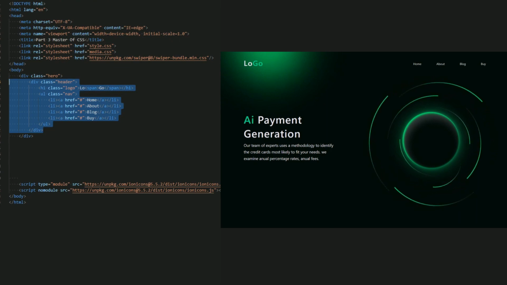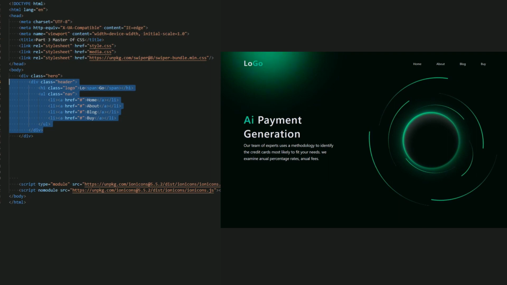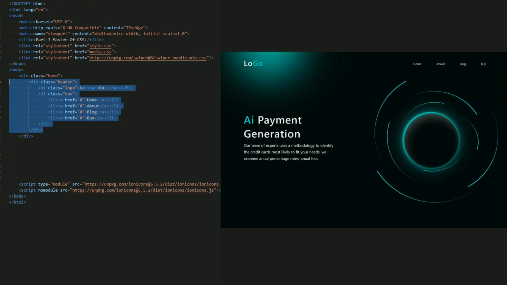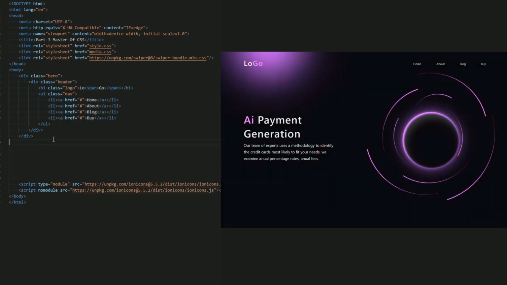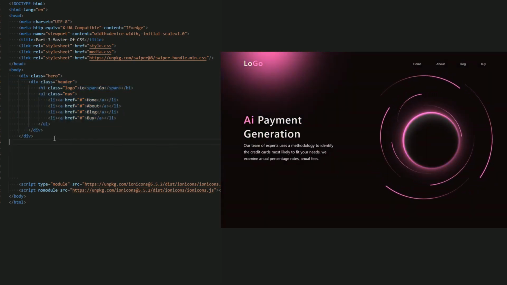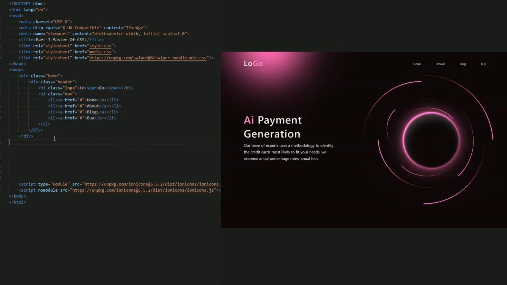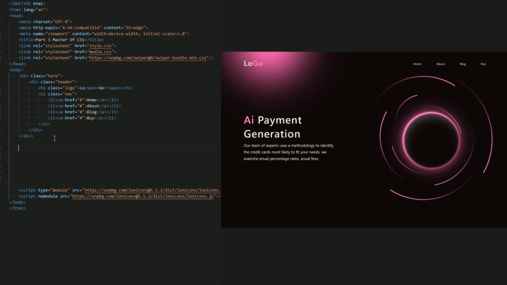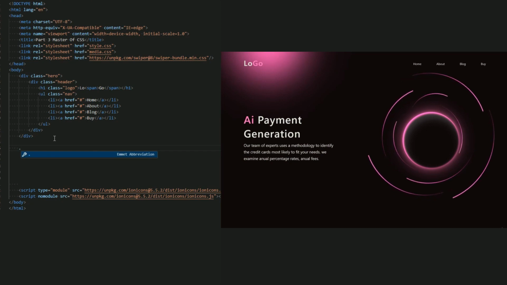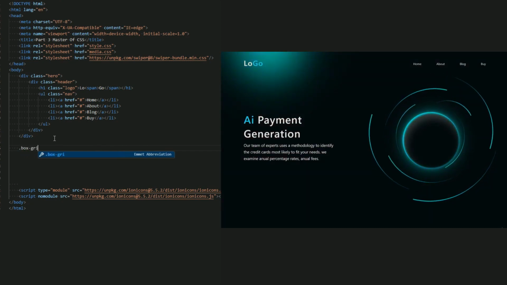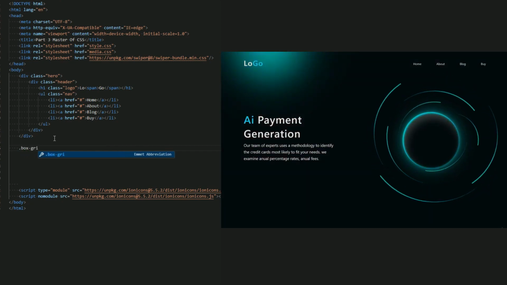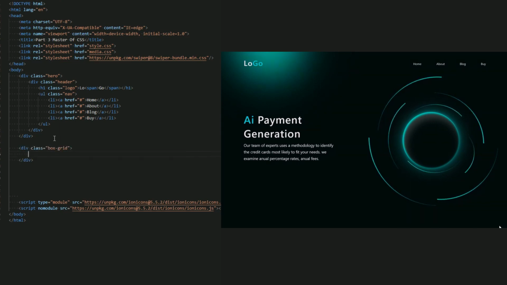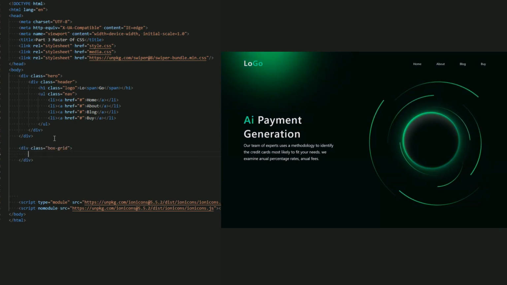Now I want to create this title and this circle, as you can see, with this arrow that keeps rotating. So let me first start with the title, and let me just create a box to have all of this title and this circle in it. Okay, so let me just name it box grid, to be a box for this title and this circle.